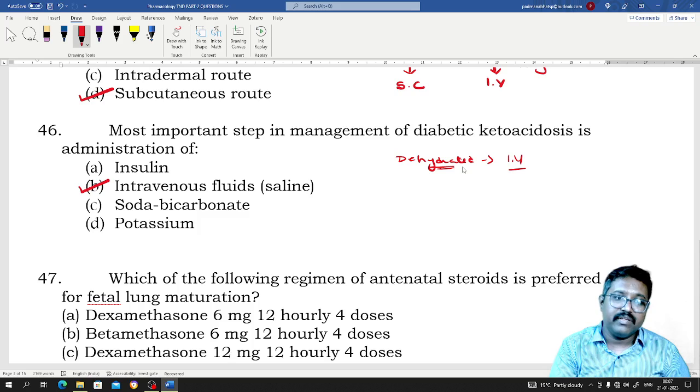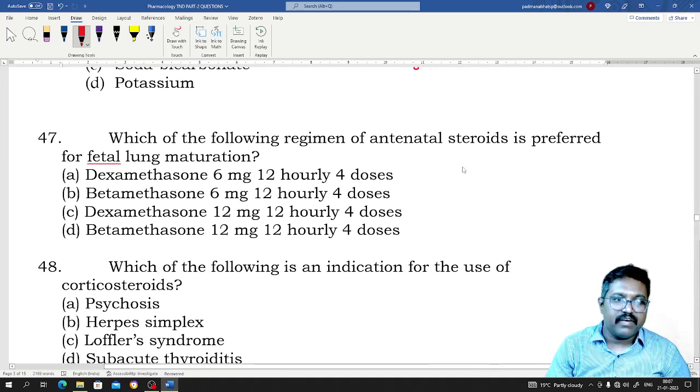If it is not given, you could have selected the insulin. Usually they will give regular insulin. So regular insulin will be the insulin that is preferred in case of diabetic ketoacidosis. Is that clear? Fine. So moving on to the 47th MCQ, which of the following regimen of antenatal